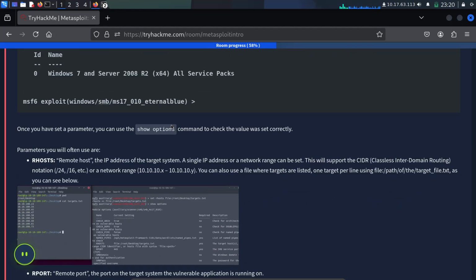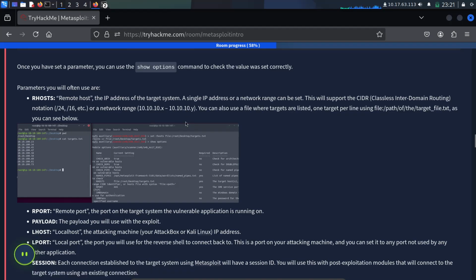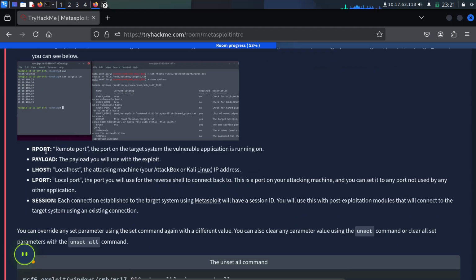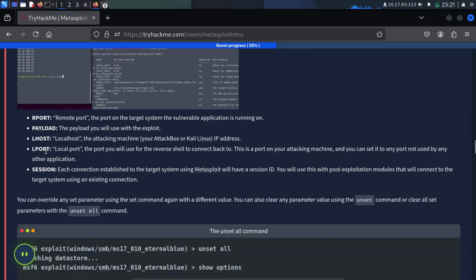Once you have set the parameter, you can use the show options command to check the value is set correctly. Parameters will often use RHOSTS, remote host, RPORT, remote port, and payload. You will use these with the exploit: LHOST, local host, LPORT, local port, and then session.